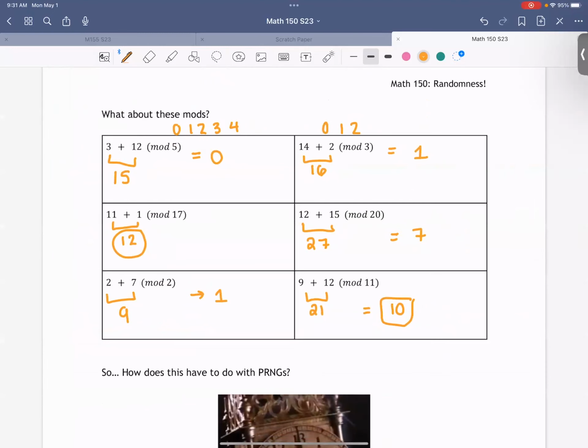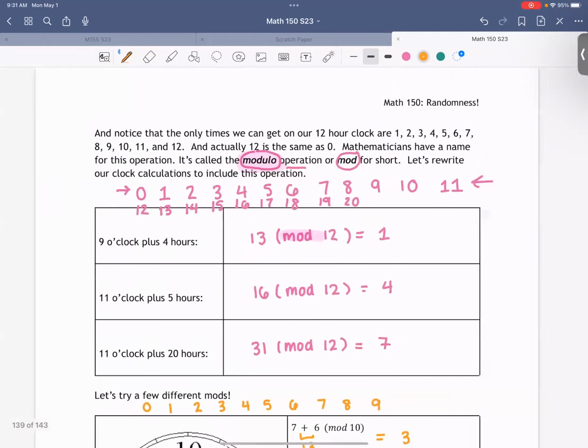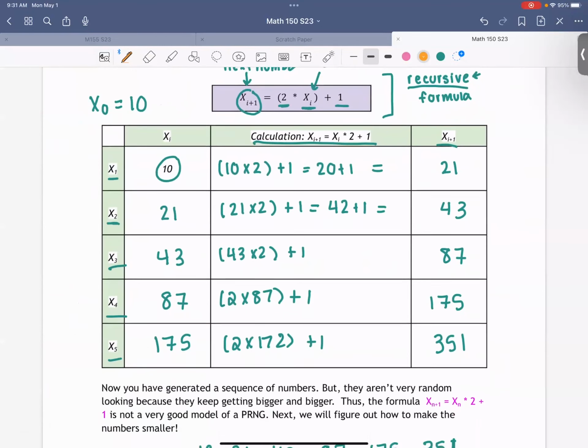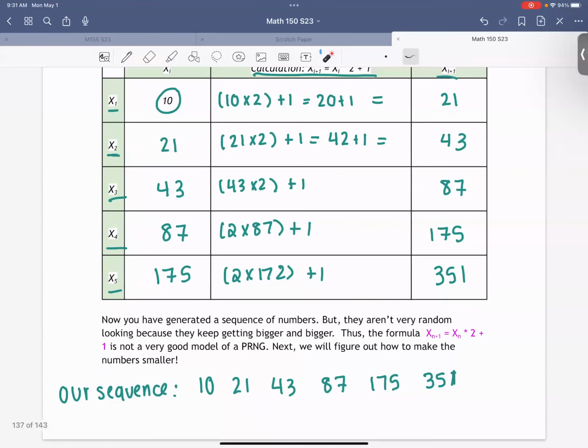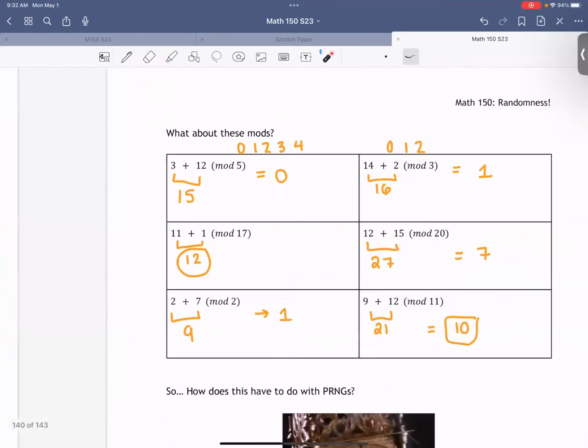Okay, so you're probably wondering, well, what does clock math have anything to do with these random number generators, right? Why do we care about bases or numbers or whatever when we're doing a random number generator? Well, let me tell you. Now when we did our random number generator before and we were calculating numbers to generate here, all our numbers were increasing, right? Well, what if I want a number between like 0 and 12 or something like that, right? Well, maybe I could do a mod operation on each of these and actually get a number that we want, okay? So why don't we go ahead and do that?